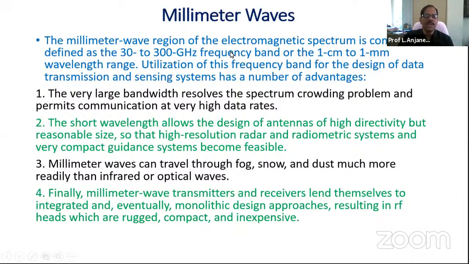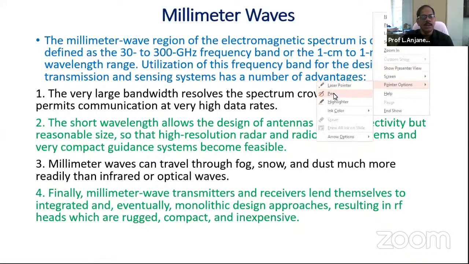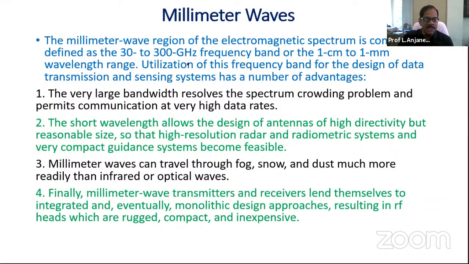So one of the important properties, or rather the advantages, of the millimeter wave region is very large bandwidth. Typically the large bandwidth that we have, because it is several gigahertz. So one is that the spectrum crowding problem can be resolved. As you know, the electromagnetic spectrum, they say it's fully crowded. It means we have got several applications already,